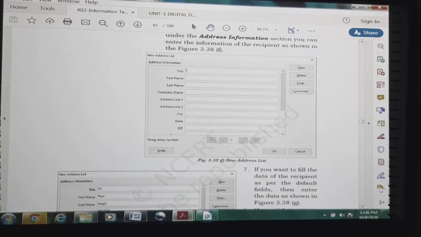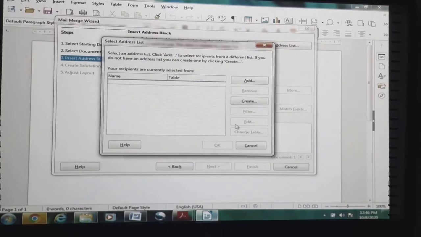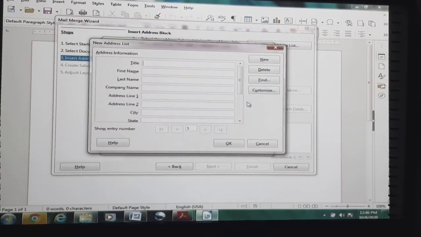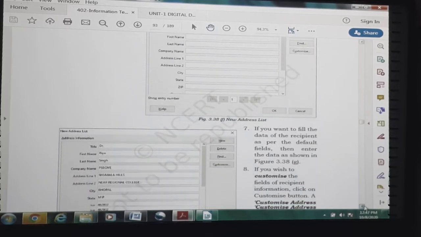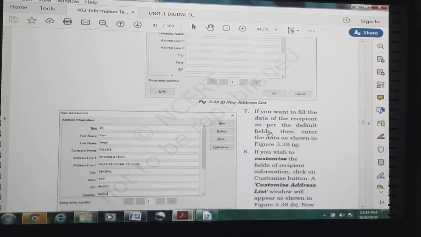See, in front of us a new address list got created where we need to insert the data. If we want to fill in the data of the recipient as per the default fields, then enter the data as shown in figure 3.38G.